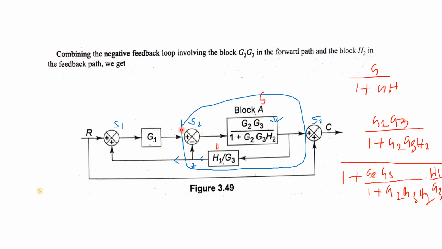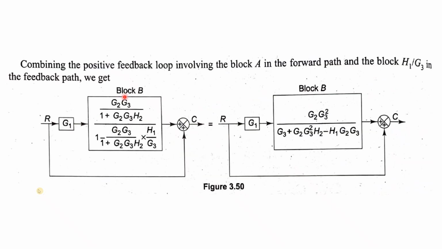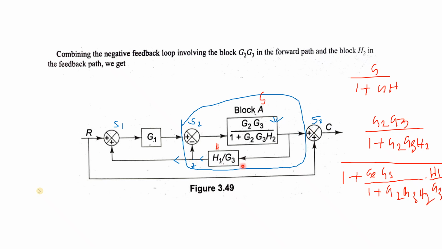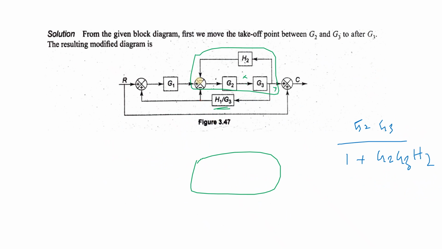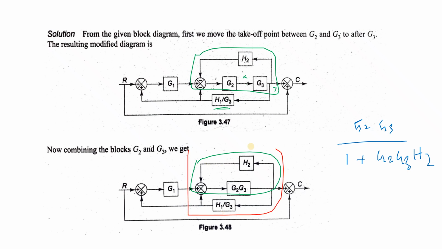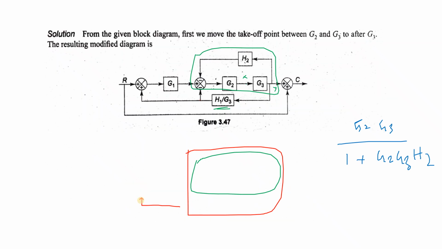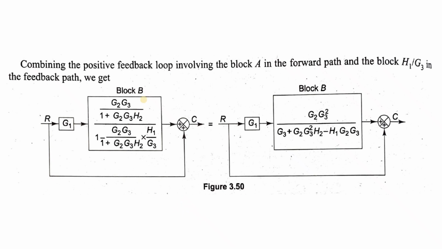It becomes a single block because this blue circle which I have drawn over here is a closed loop, and if you find the closed loop transfer function like this, it becomes a single block. So everything vanishes. This line over here also vanishes. Okay. So if you have a joint line like this, and I am able to find the transfer function of this entire thing, then this won't be in existence. So it vanishes, and you get block B in series with G1.